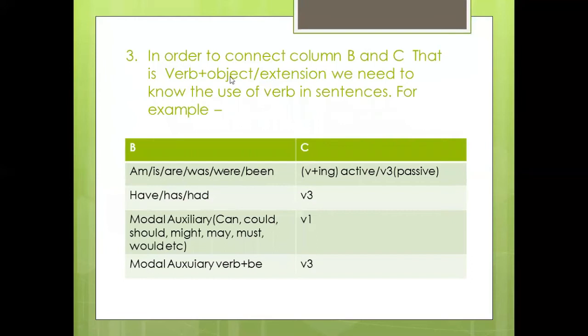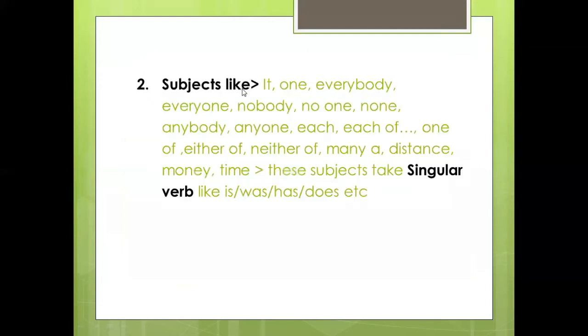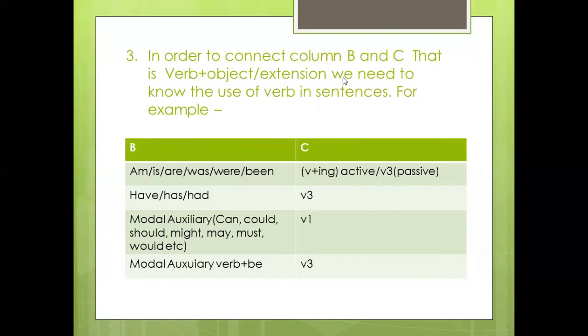Okay, now in number 3, we'll see how to connect column B with column C, that is, how to connect verb with object or extension. In this topic, you need to know how to use the verb in your sentences. Here are some verbs given in column B and we will see which type of object or extensions are to connect with them. So verbs like am, is, are, was, or have been, they are used if your sentences are in continuous tense or